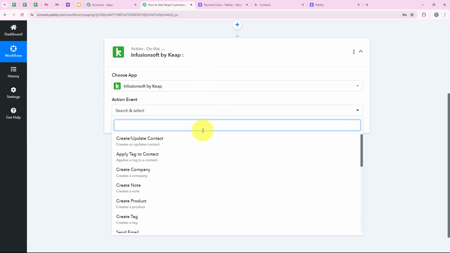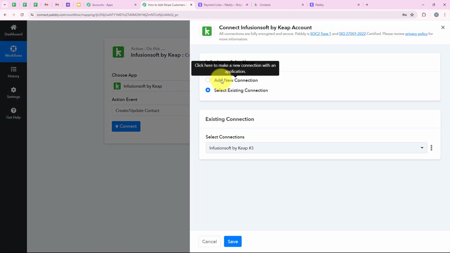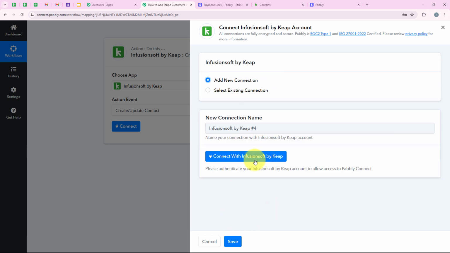And now for the action event, we are going to select it as create or update a contact, and then we are going to click on create. And now you can see that it is asking me to add a new connection or select the existing connection. So if you have already connected your Keap account with your Pabbly's workflow, you can click on select existing connection and then save. But if you haven't, you have to follow me, click on add a new connection and then